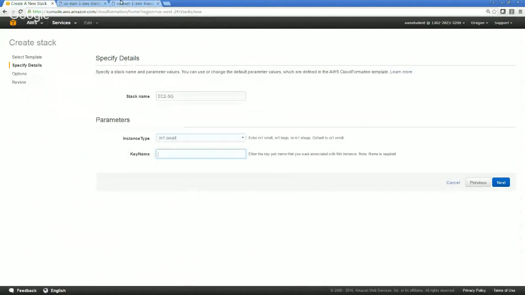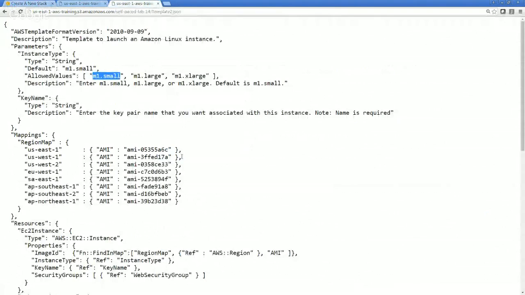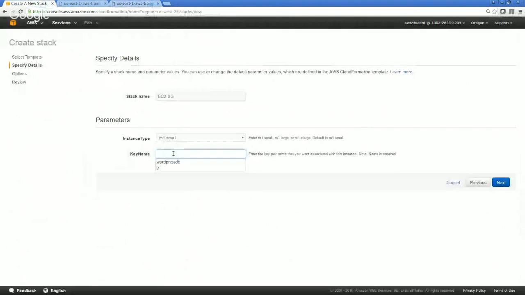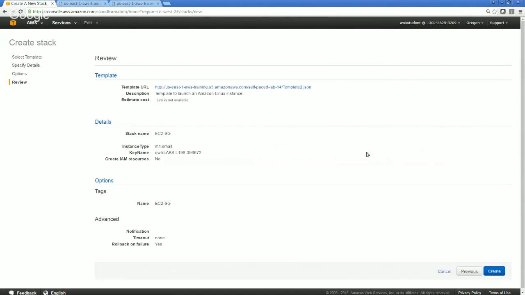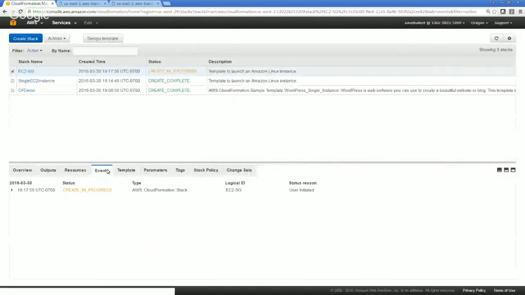Enter key name. Key name, if you will see here, we are asked key name. Type string, description, enter the key name pair. So it's just asking us the key pair name. So let me go ahead and specify the name of my key. If I want to SSH, I will be able to SSH using my key pair. Just simply go ahead and click next, guys. We can give it a name. Let's call it EC2 security group, just to identify this guy. Go ahead and click next. Some of that information again, and go ahead and click create. Now let's go back and look at the events and the progress,